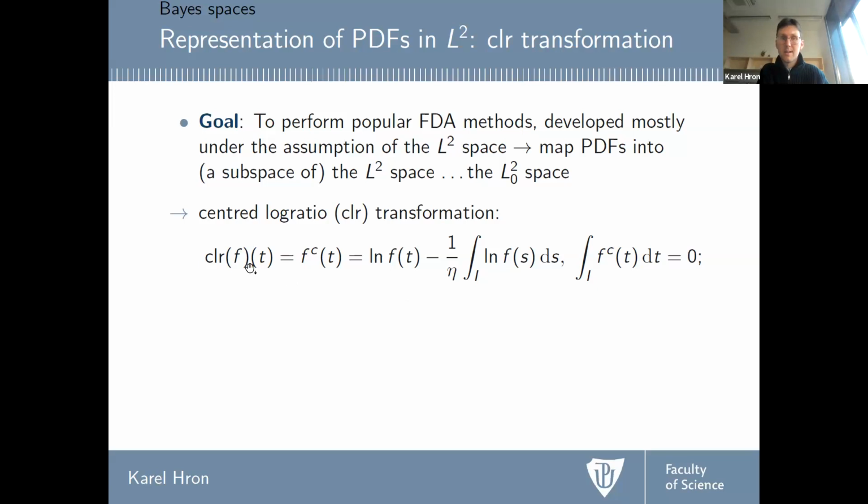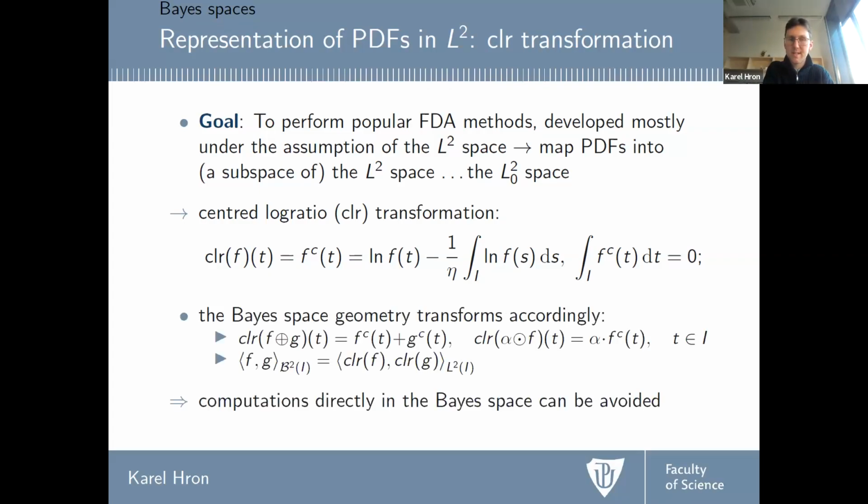And the resulting function is a real function. There is just one additional constraint which we need to take into account. This is the zero integral constraint, which, however, doesn't represent any major obstacle for the majority of methods of functional data analysis. And what is important, if we apply the CLR transformation, we move the operations from perturbation and powering to the